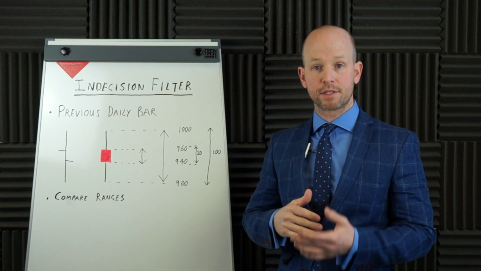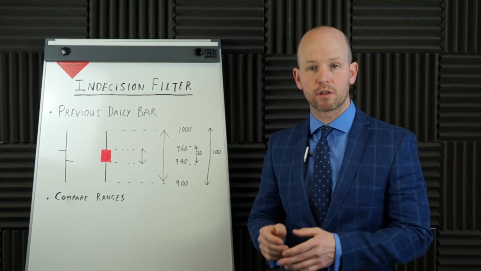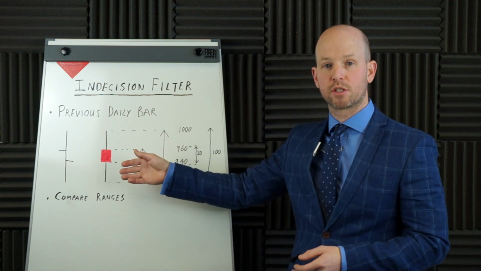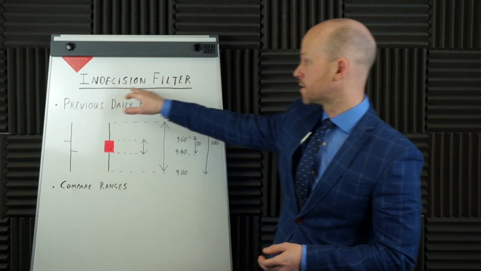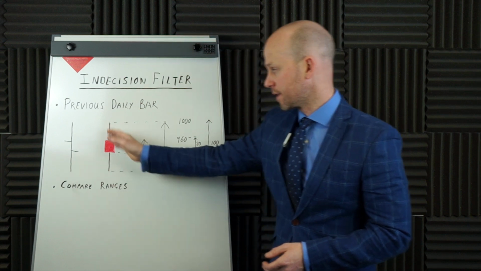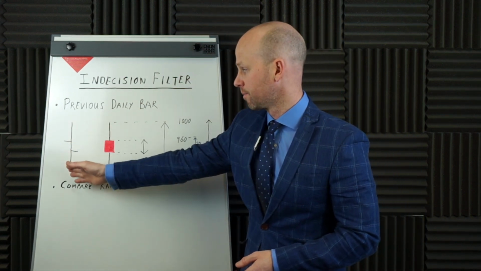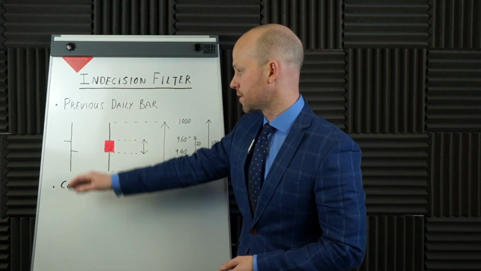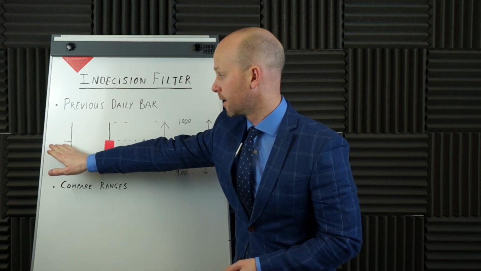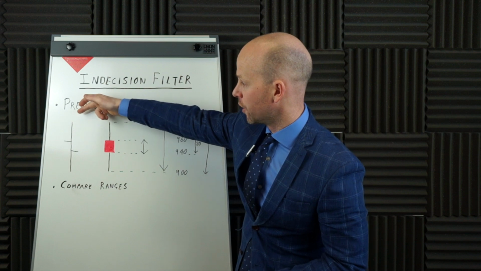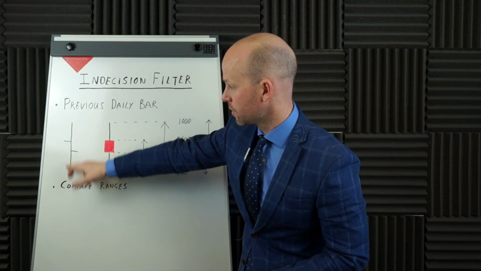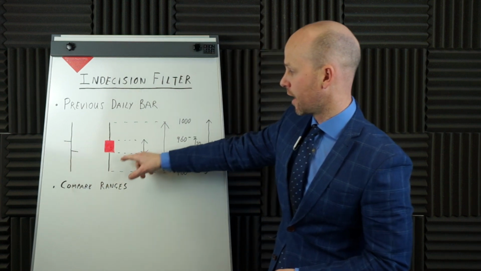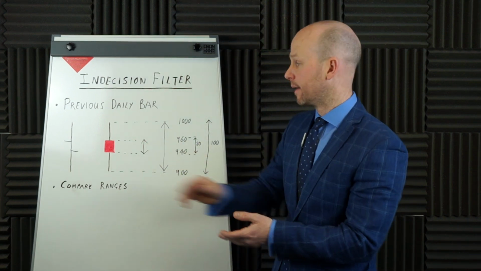So when we get the signal from the MACD indicator, we want to look at the daily bar prior to getting the signal and see that it meets the conditions that I'm just about to show you. We're going to call this an indecision filter. What we're looking for is a daily bar. So I've drawn out a regular daily bar and a candlestick. And the reason it's called an indecision filter is because we can see that prices have opened here, and then we've seen a range of right up here to down here, so the highs and the lows, but then they've closed quite close to where prices have opened, and that gives us a very small body on our candlestick chart,